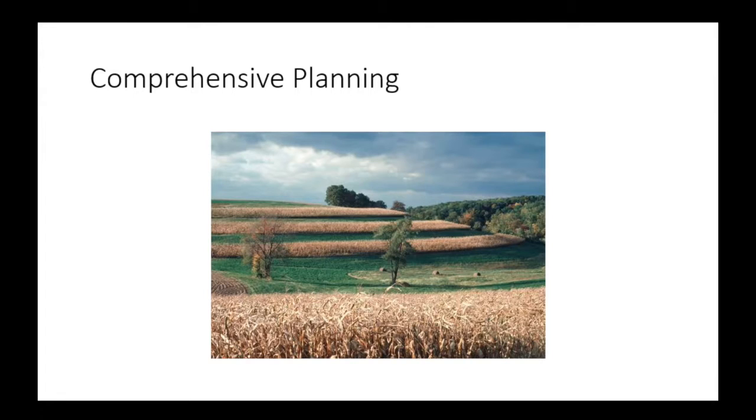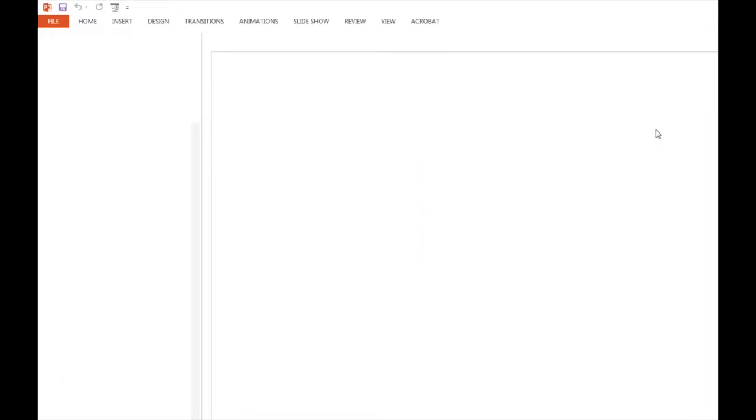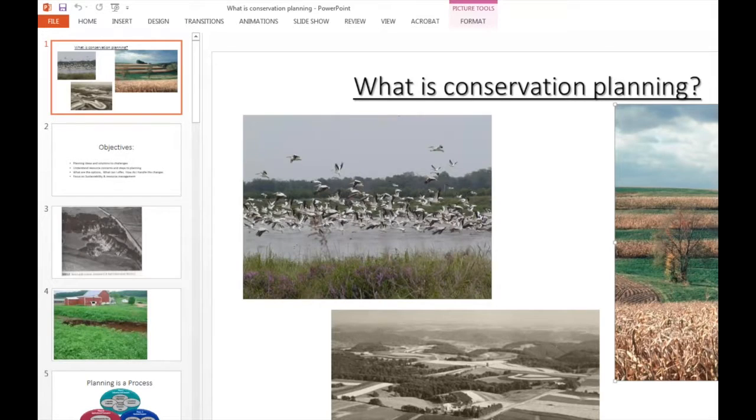Just to make a last comment, just to echo what Judy stated regarding comprehensive planning, it's not that easy. It's a very complex process. And Hugh Bennett, the father of conservation, made that statement. He said it's not easy. And one example, we're looking at that no-till field. And so you as a planner, visualize yourself going out to the field,